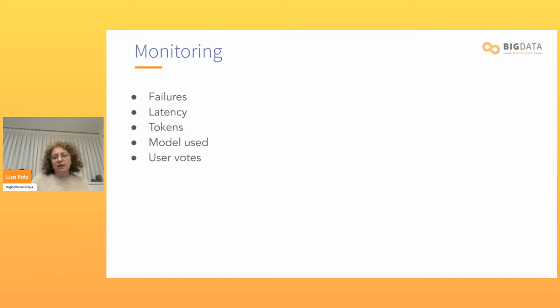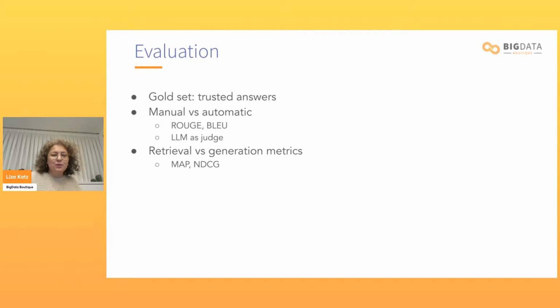And user votes. Like I said, answers might not always be what you want them to be. The best feedback you can have is the feedback from your users. Make it easy for them to vote up or down. Don't encourage them to vote up. Encourage them through the UI to offer honest feedback. And then you might know what's going wrong. And then finishing with the most fun part.